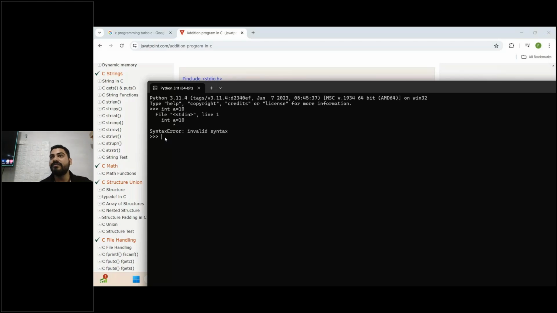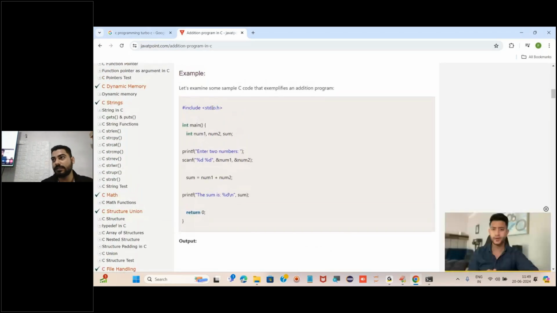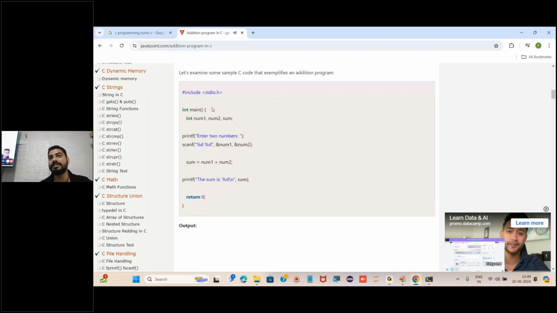That means we do not need to declare the data type before declaring the variable, before initializing the values. Getting my point? Confusion? Okay, let me explain one more time. In other traditional languages, C++, Java, for addition of two numbers, what is required?